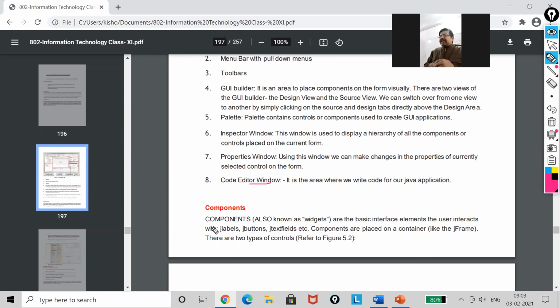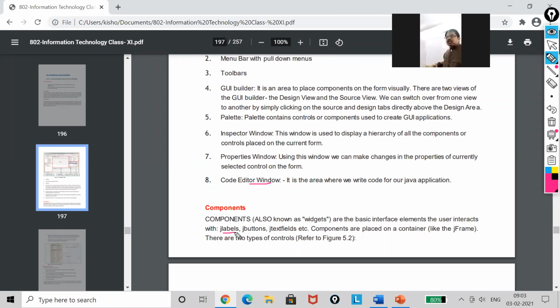These are the basic interface elements the user interacts with, like JLabel. That means where you can use the labeling of your text boxes, like "enter the username". This you must use in the label box, and after that you will use JTextField.